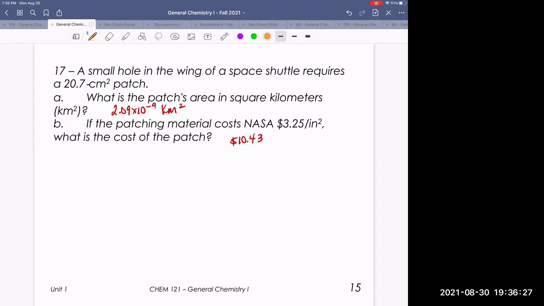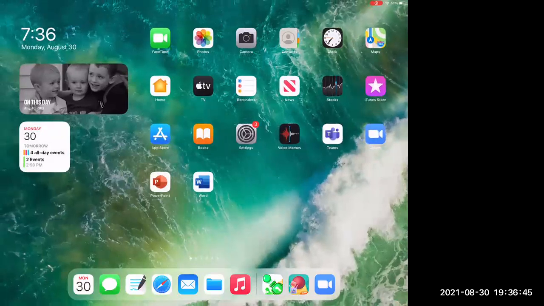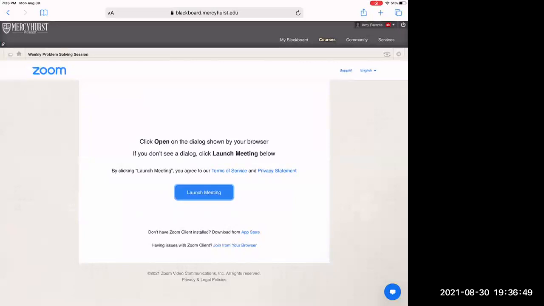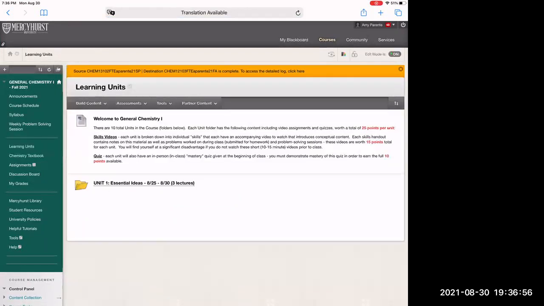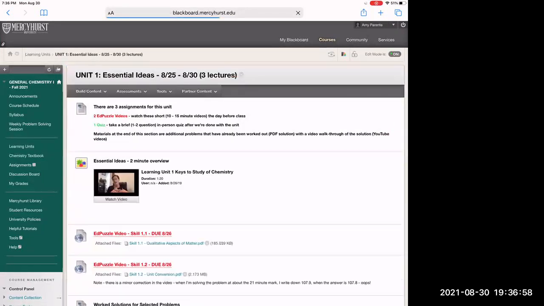Where do we find the handouts on Blackboard? Really good question. I'm going to keep working, those of you who are working, and let me find them on Blackboard to show you. On Blackboard, if you go under learning units, and for example, if we're under unit 1 here,